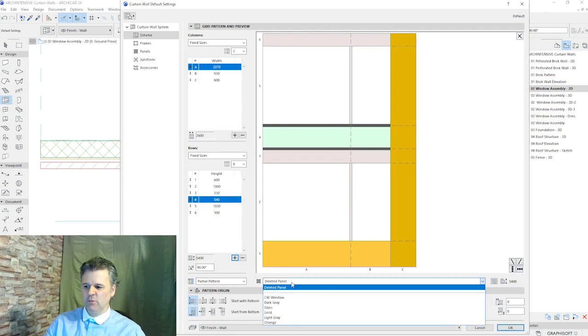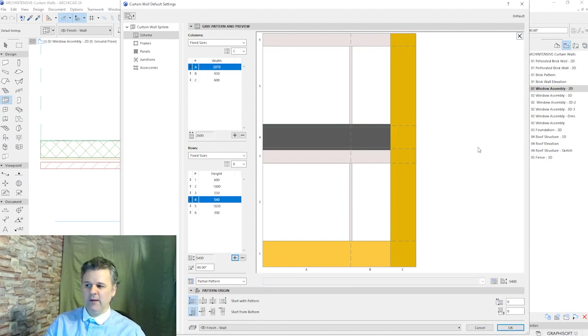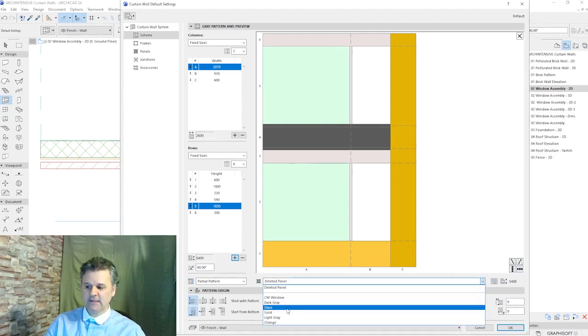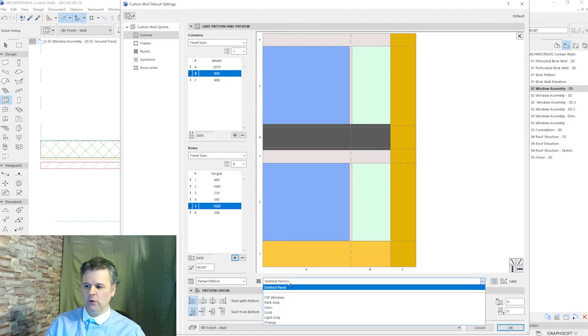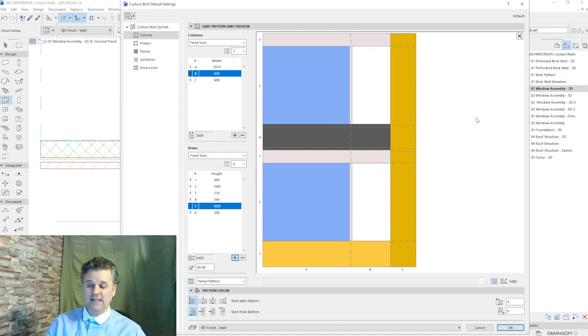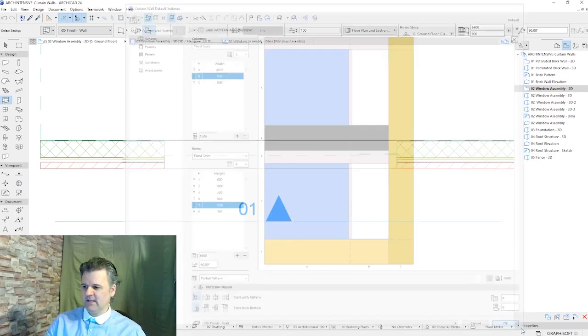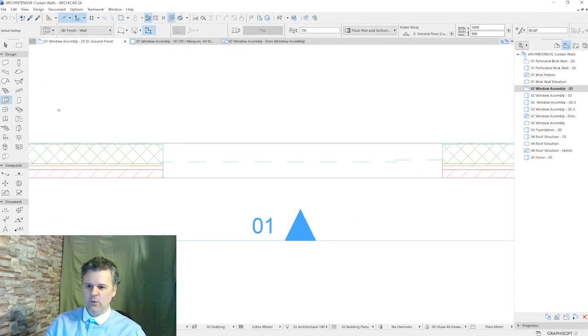This one is going to be a dark gray panel. These 2 are going to be fixed glass panels, and these 2 panels are going to be curtain wall windows placed into the curtain wall assembly. So let's click OK, and now we can place